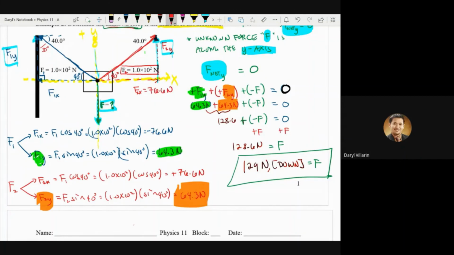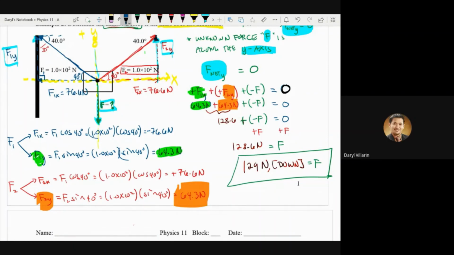Even though I'm not trying to calculate using the values that I have here, even though I don't have the value of my F1, I would say that the value of my F1x is also 76.6 newtons,